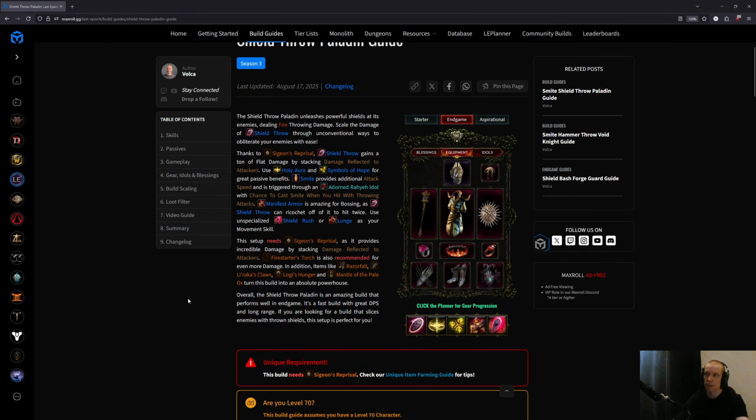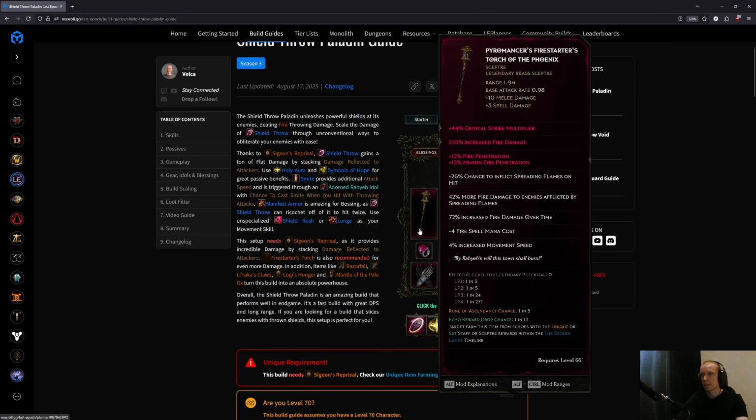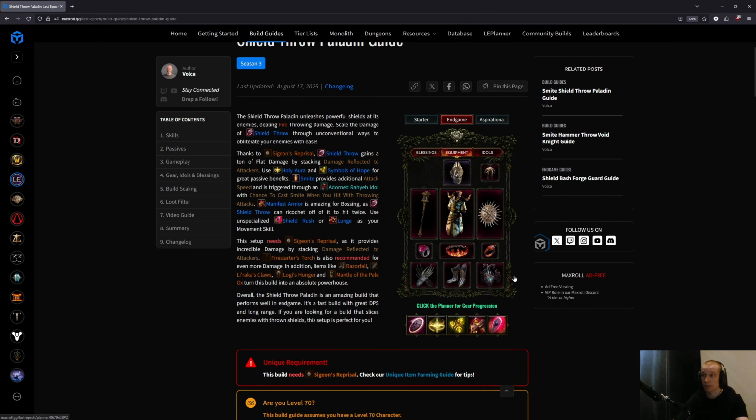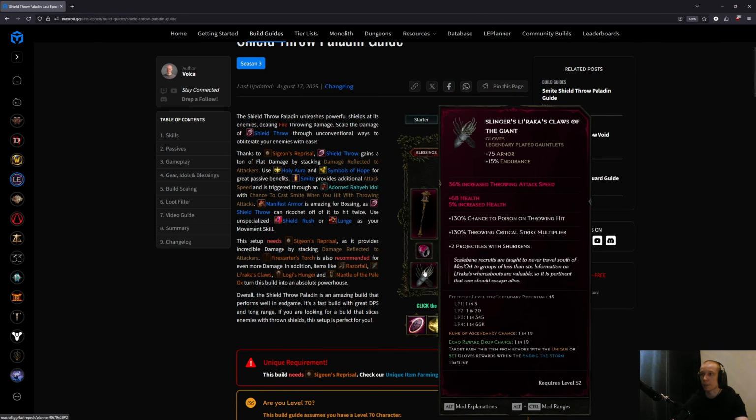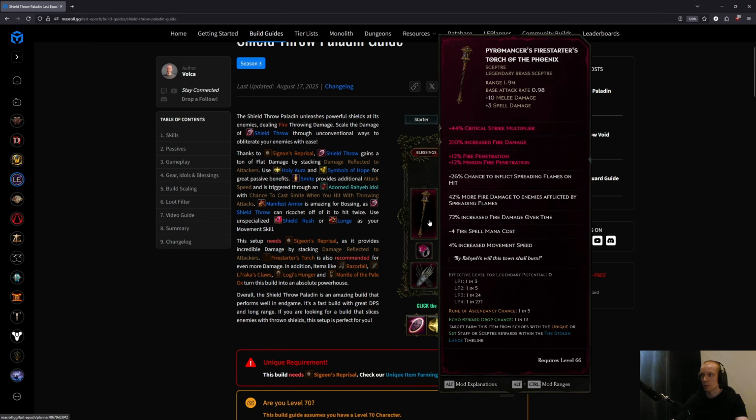Alright, Shield Throw Paladin. So this is a fire throwing build, and we're scaling as much throwing damage as you can, throwing attack speed, increased fire damage, crit multiplier. Quite usual for a throwing build to use these items, so Lyra's Claws for the crit multiplier, Razor Fall for +2 speed as well, very fast boots. Torch for more fire damage, easy to get with LP as well, so 0 LPL, one of the most common